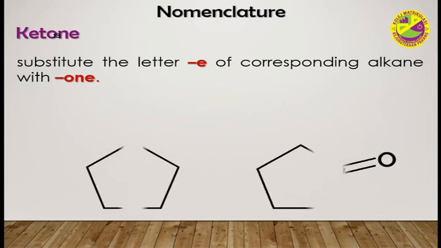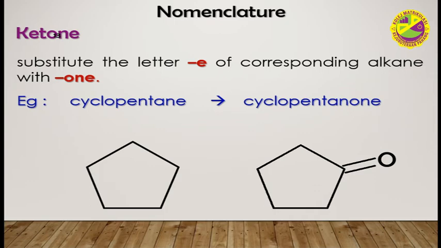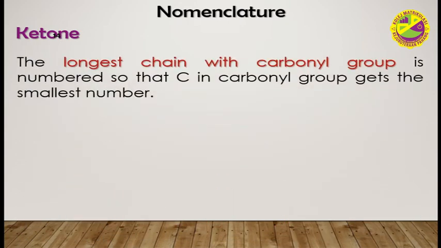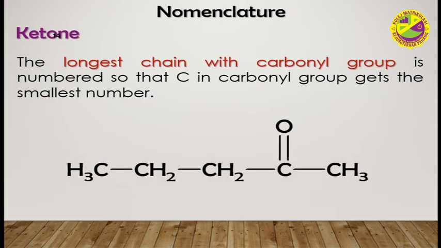Next, we have cyclopentane on the left side, and to change it into the name for ketone, it would be cyclopentanone for the structure on the right. The longest chain with carbonyl group is numbered so that carbon in carbonyl group gets the smallest number. For example, if we look at the following structure,